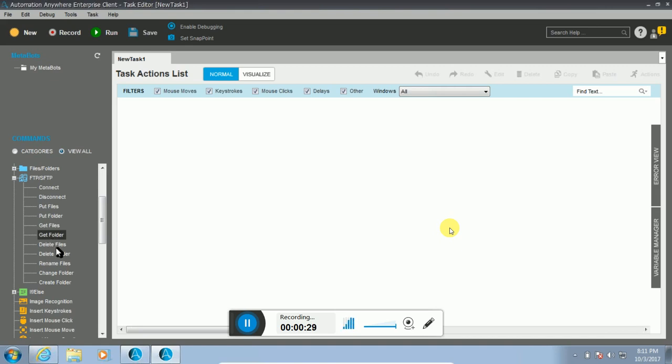Delete files: if you want to delete a particular file or a folder, then we will use the delete file or delete folder commands. Rename file: if you want to rename a particular file in the FTP server itself, then we can rename the file. And change folder is nothing but, that particular FTP server may have n number